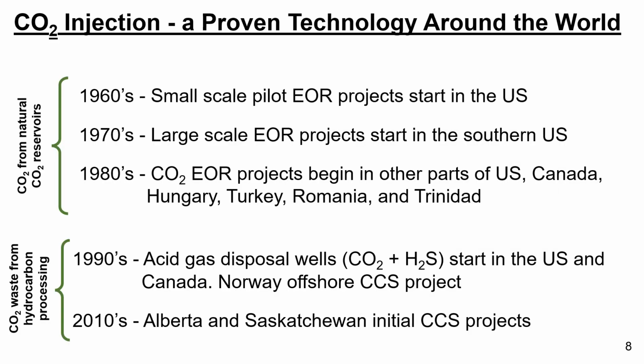CO2 underground injection is not new. It was first used to enhance oil recovery, referenced in these slides as EOR. Enhanced oil recovery is a technique in oil extraction where CO2 is injected into mature oil fields to boost total